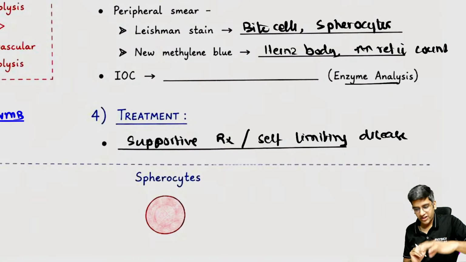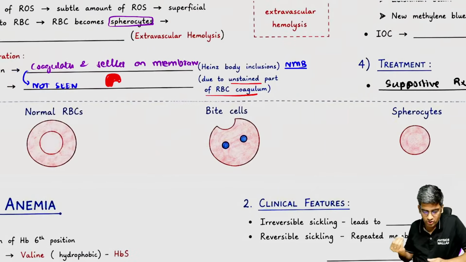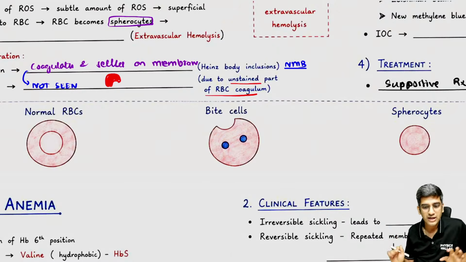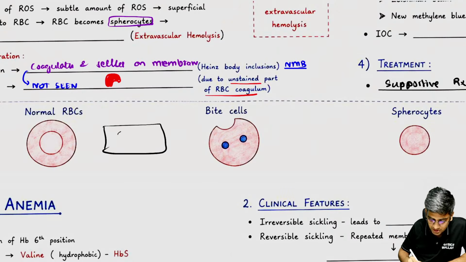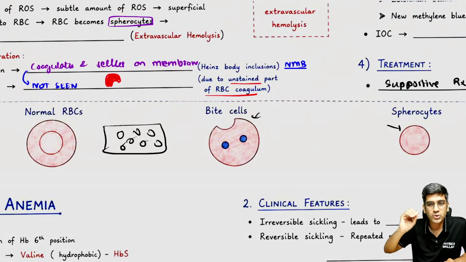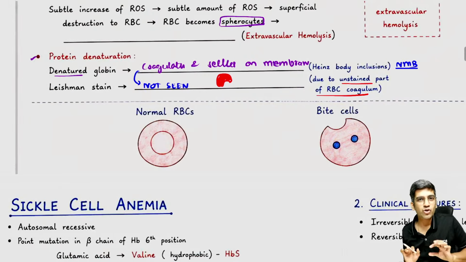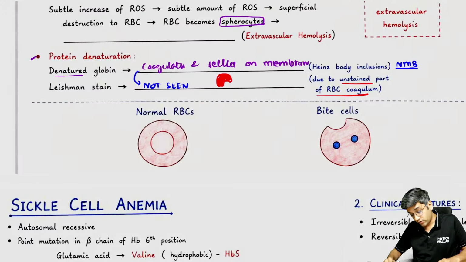Siddhi, your choice. If you are able to draw a spherocyte like this, a bite cell like this, a Heinz body like this, it is possible to draw. Because I don't want you to go and waste time putting hundreds of cells around here. That doesn't matter for me. If you can draw a spherocyte just next to it, a bite cell just next to it, that's more than enough rather than drawing the entire smear, right? They know, if you have written it, that you know how a spherocyte looks. That's all, fine. And obviously stop the drugs.